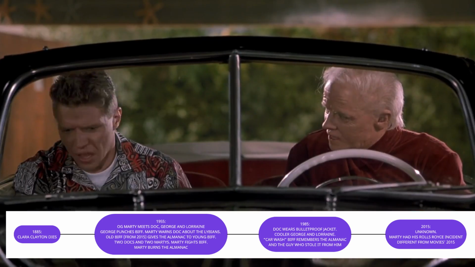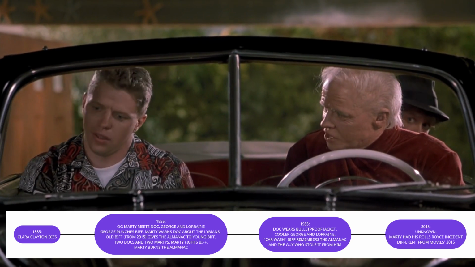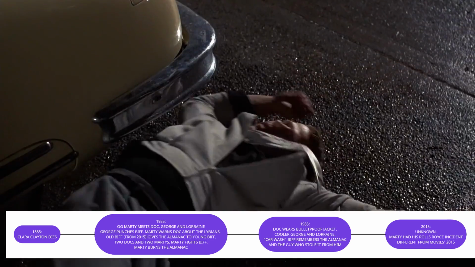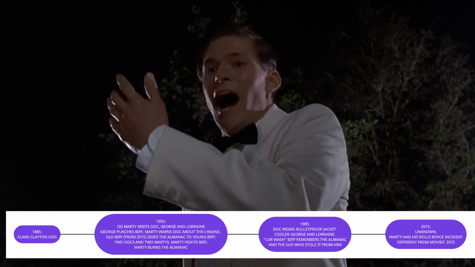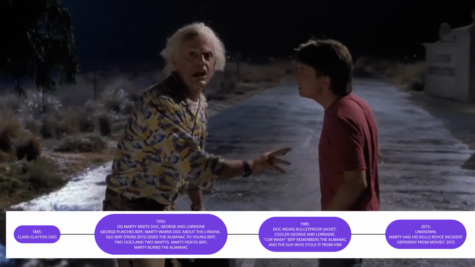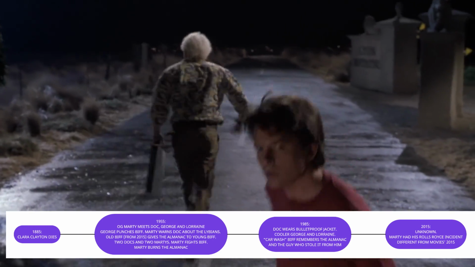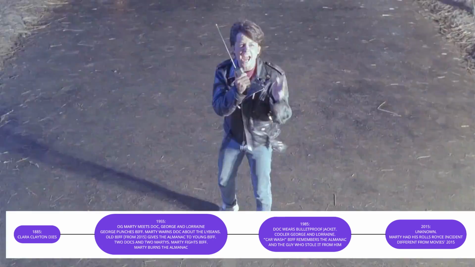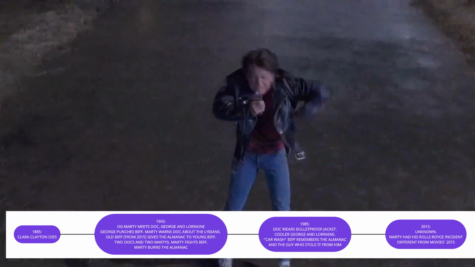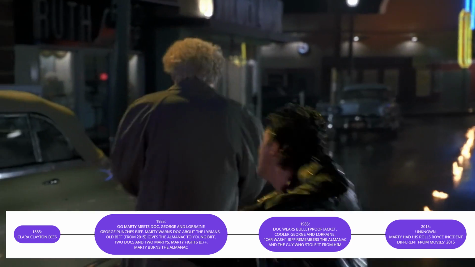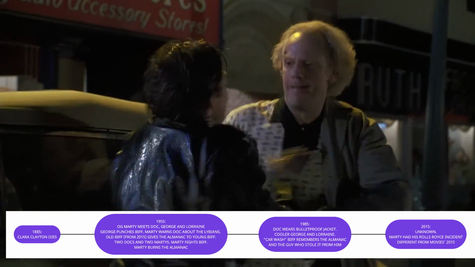In this timeline, young Biff still met with old Biff, still got the Almanac for a day, and he fought with Marty for the Almanac, while in the other one he didn't. In this timeline, there were, again, 2 Docs and 2 Martys, so this is a different timeline. Then, Doc is struck by lightning and goes into 1885, while Marty stays there and meets with younger Doc.